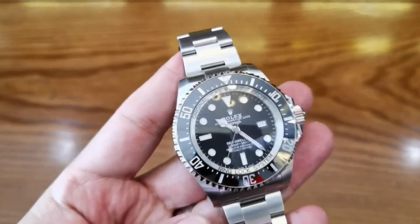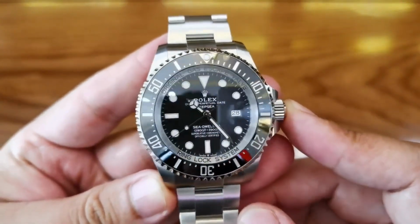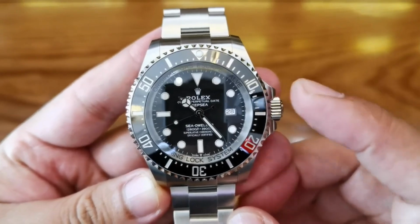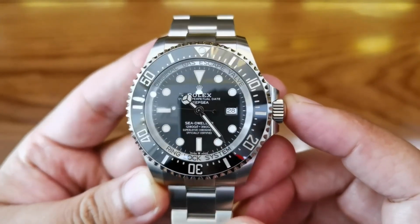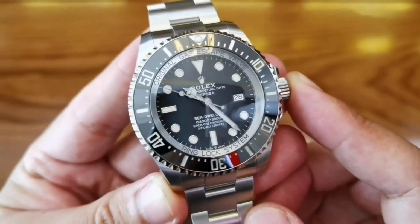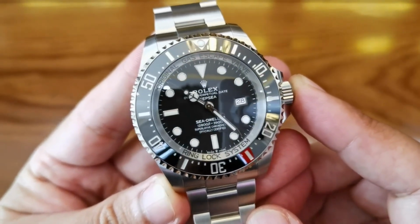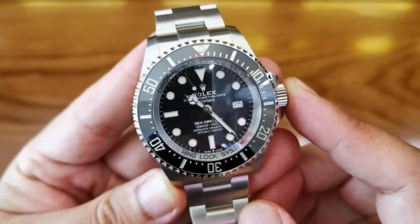The Deep Sea line is small, consisting only of two steel versions and the aforementioned gold. There's also the Deep Sea Challenge, which still maintains Sea-Dweller branding but is classified as a Deep Sea. More experiment than everyday watch, it's based on the prototype that accompanied James Cameron to the bottom of the Mariana Trench and is water-resistant to